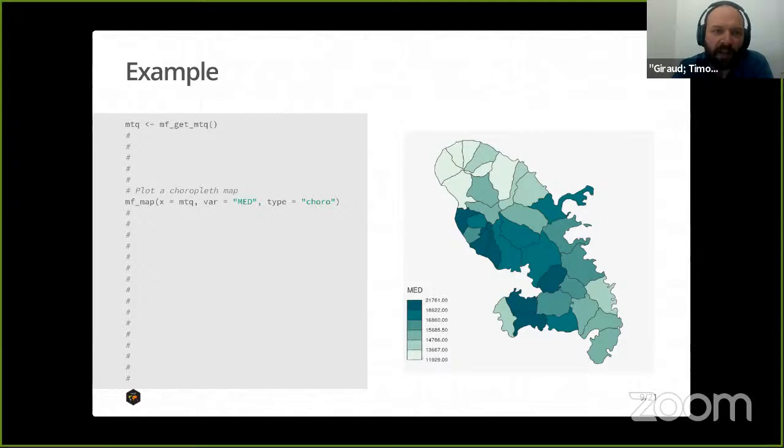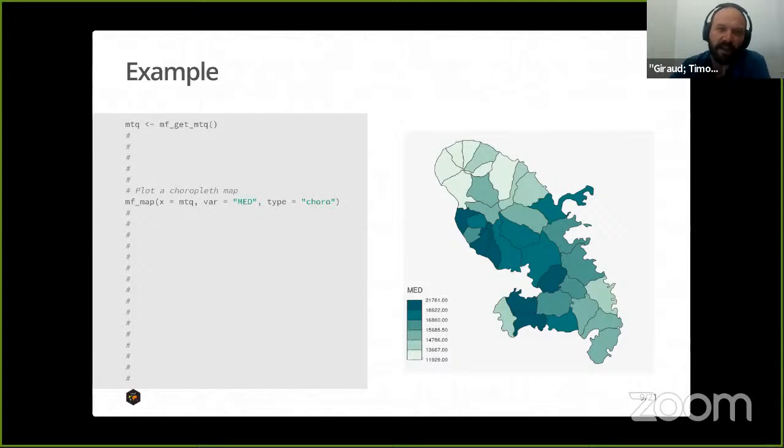So I indicate the SF object for the x argument, the variable I need to plot, which is MED, the median income, and the map type, which is choro for choropleth. So it's pretty easy and quick to plot a simple map, just to see the spatial organization,